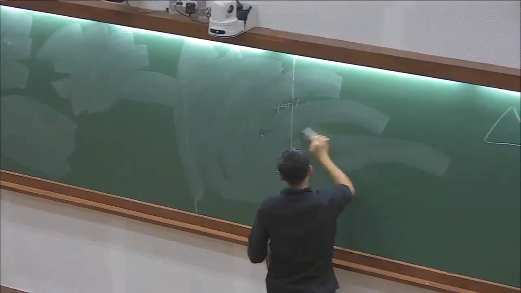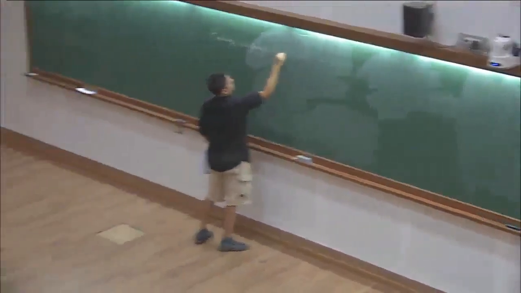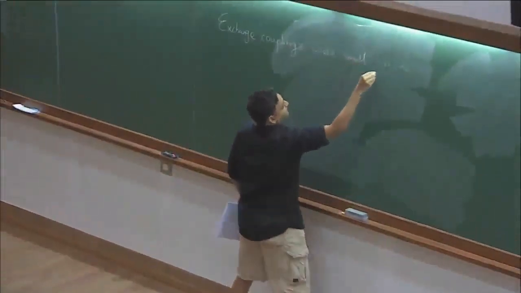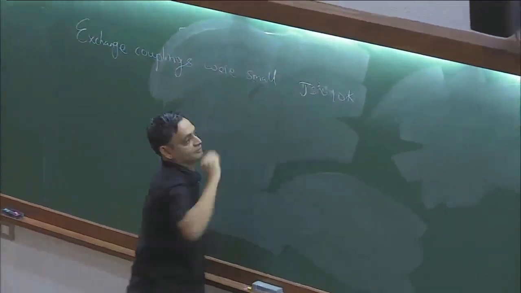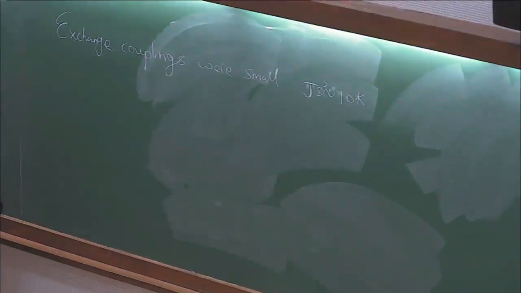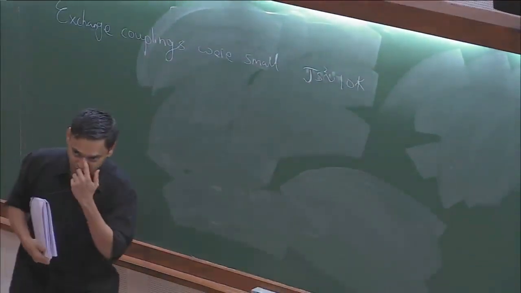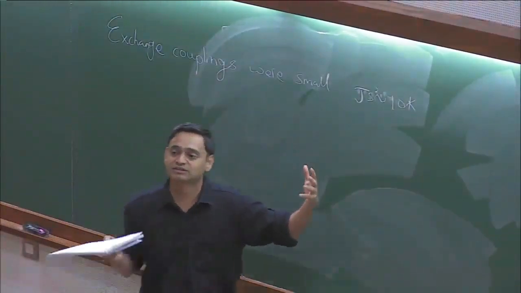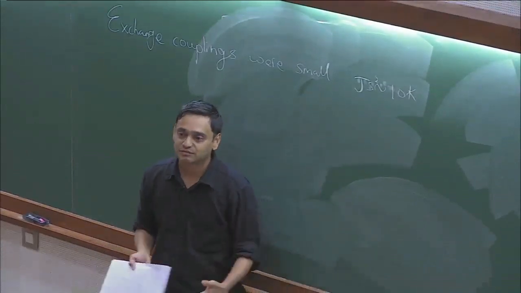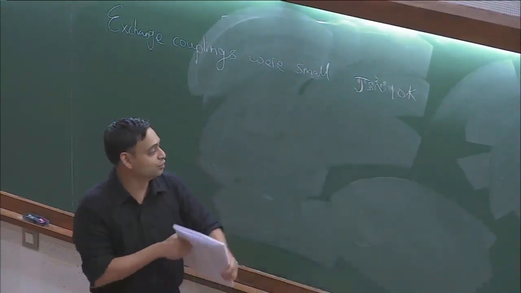And the cleanest version of this is actually a very neat thing. So supposing you had exchange couplings, let's say the exchange energy is 10, 15 Kelvin, not huge numbers like 100 Kelvin, in temperature. Then you'd like to extract what the exchange constants are without any assumptions from some experiment. So the neatest thing you can do is just apply